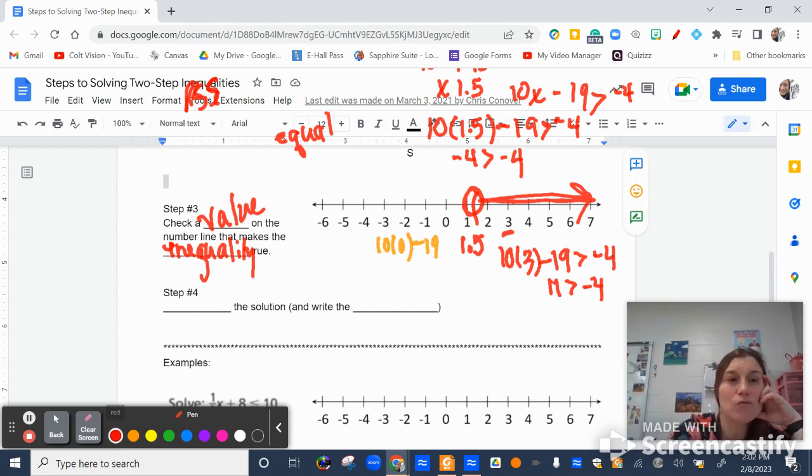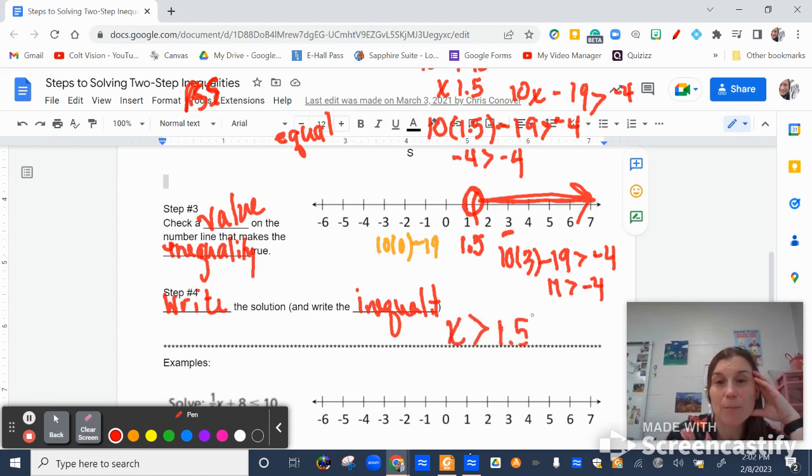The last thing I need to do is write my solution. You're going to write the inequality so the solution matches your graph. So x is greater than 1.5, and I'm going to put a box around it. So there, I've solved it. I checked to make sure I solved correctly. I graphed it, and I checked to make sure I graphed correctly. And then I finally write my solution and put a box around it. So that's the multi-step